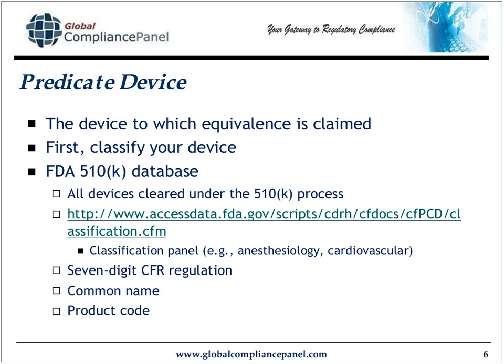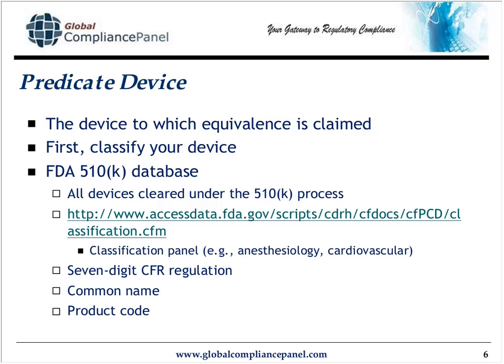As a phrase I used earlier, a predicate device is the device to which you claim equivalence within your 510K submission. In order to find a good predicate device, because you don't want to be called out during your review that your predicate device is not applicable, classify your device. The way to do this is to go into the 510K database at this address. In many cases, we have regulatory staff, and we kind of know where to go to look for our classification, if not know it already, because we can look at the predicate device that we're going to compare to and find out what their classification is.